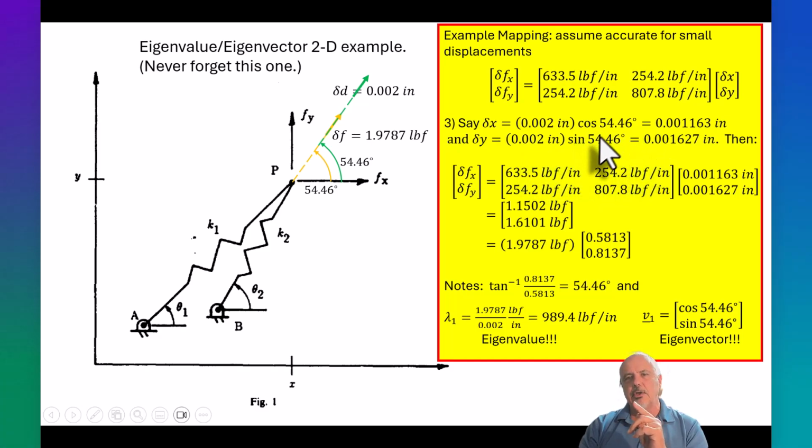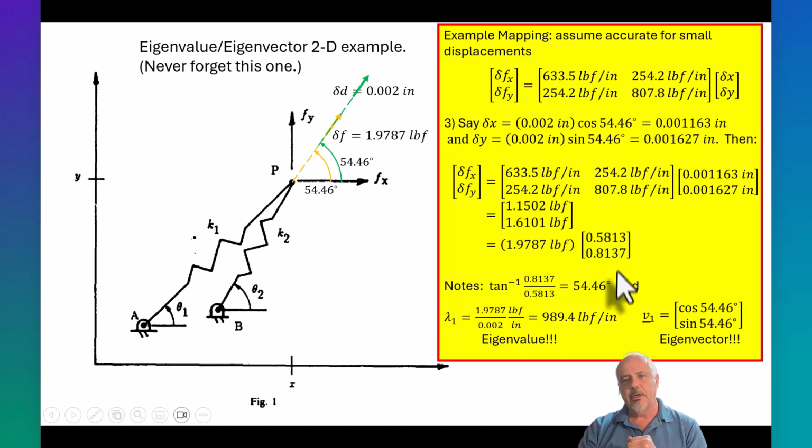So using cosine and sine, I'm able to get the delta x and the delta y that I can put in my column vector here, and then multiply that into the stiffness matrix, and I can get my delta fx and I can get my delta fy in this way. And then I go ahead and pull out the magnitude as 1.9787 pound force,